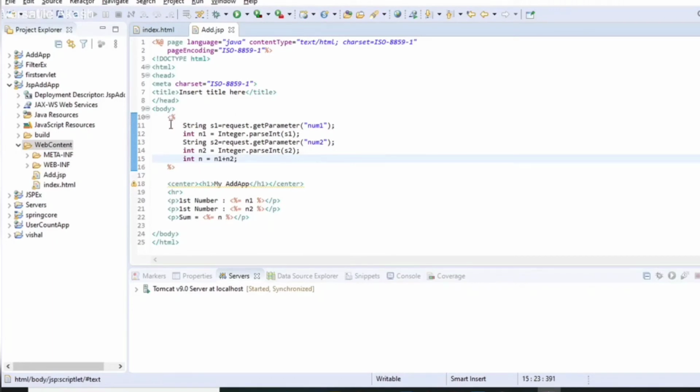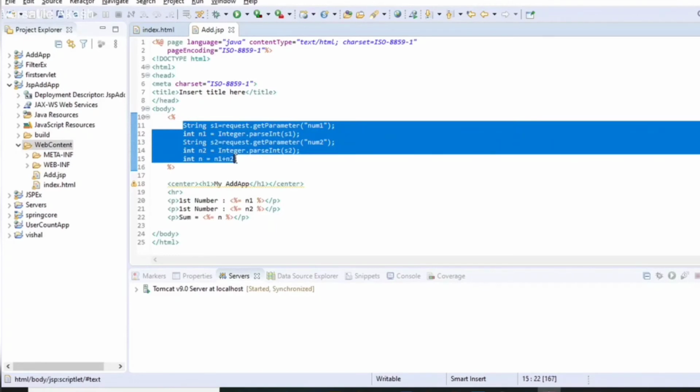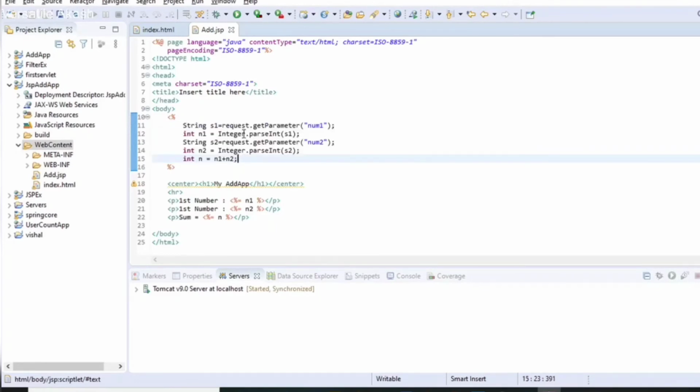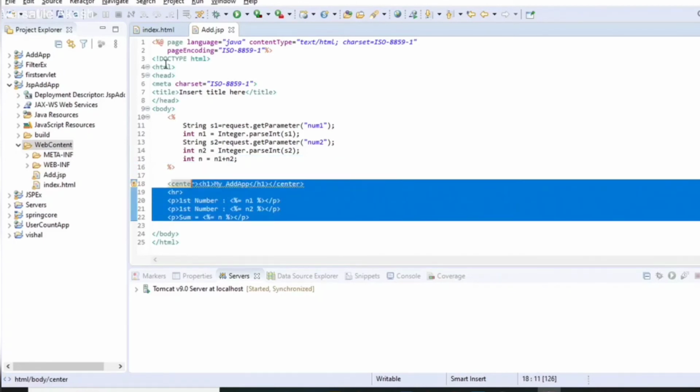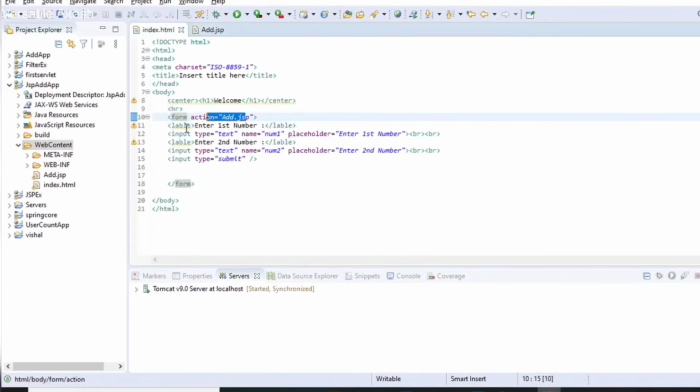It takes two parameters, n1 and n2, that were entered by the user, sums them and stores the result in the n variable, and prints that result as output that is visible to the user.